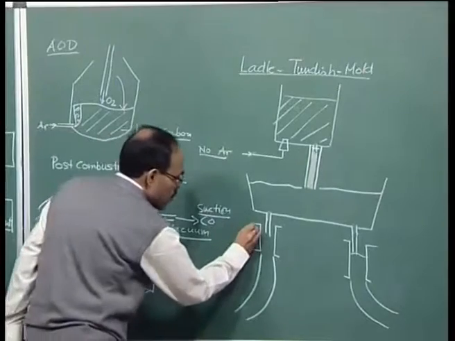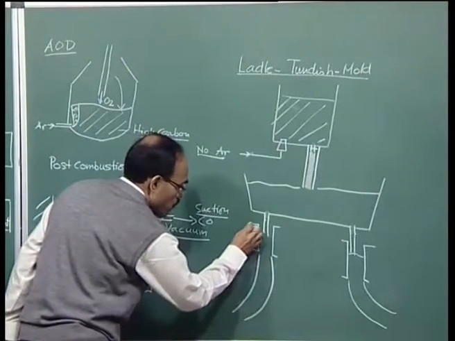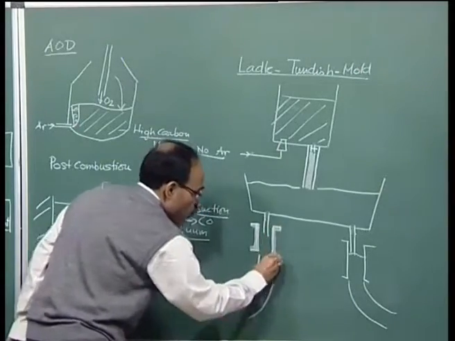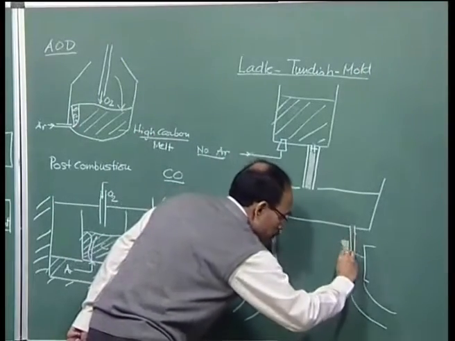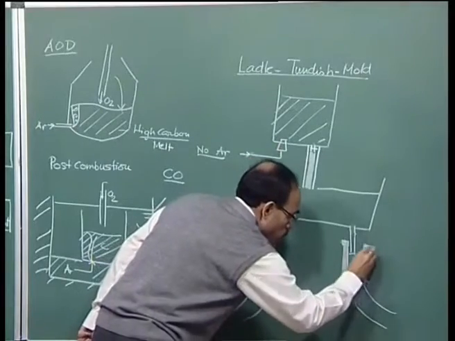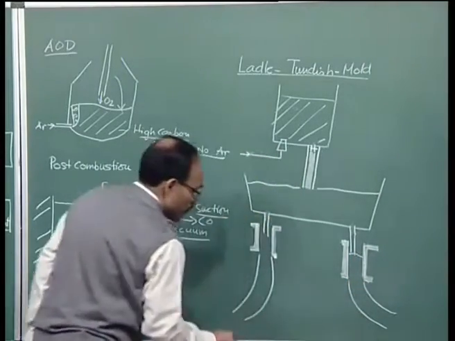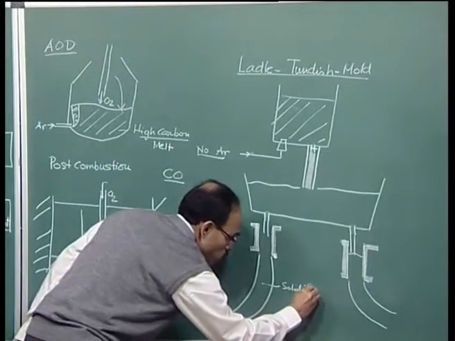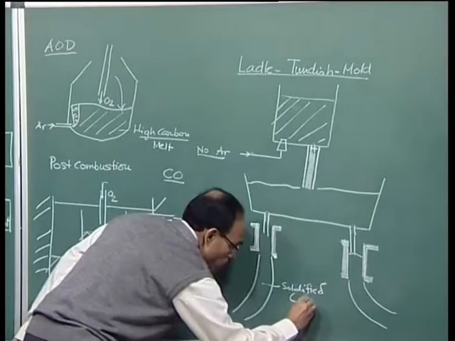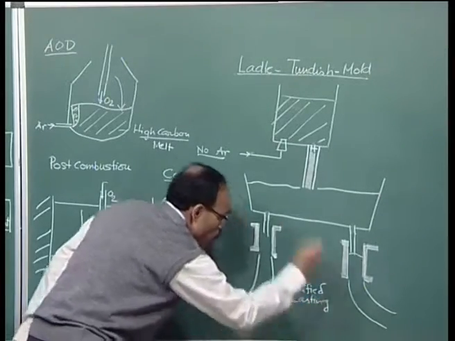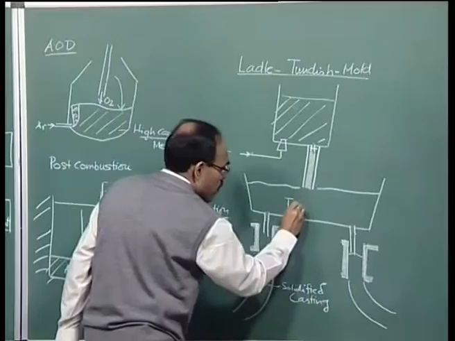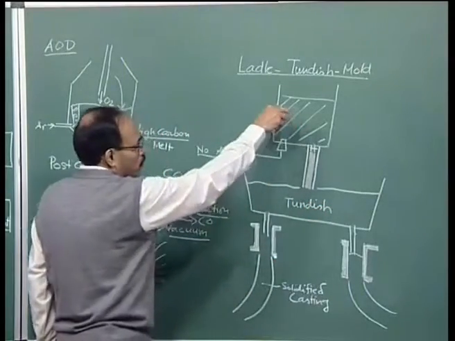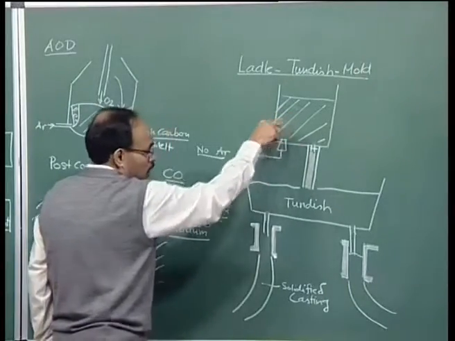So, this is the water cooled mold. I will draw like this, then you better understand it. This is the water cooled copper mold. This is the solidified casting. This is the tundish, and as you can see, the metal which is there in the ladle first comes